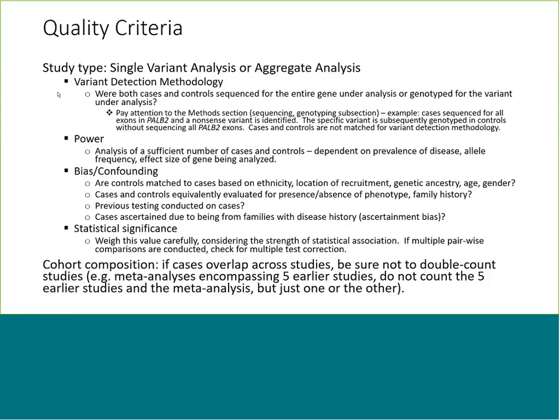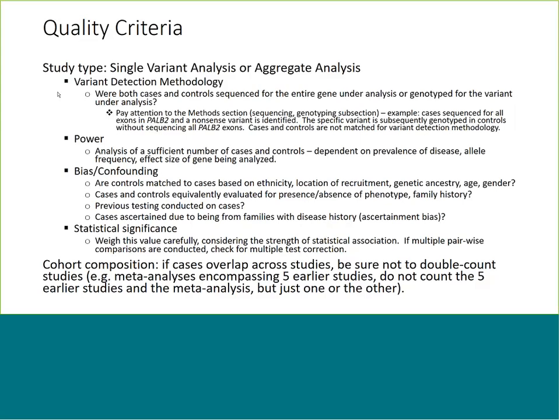But if all the cases are sequenced and all the controls are sequenced, or all the cases are genotyped and all the controls are genotyped for the same variant, those are matched. And so that's why that matters, because it can end up changing essentially the numerators of fractions that are being compared later for statistics. For the power, here we're really drawing on whether or not there's been a sufficient number